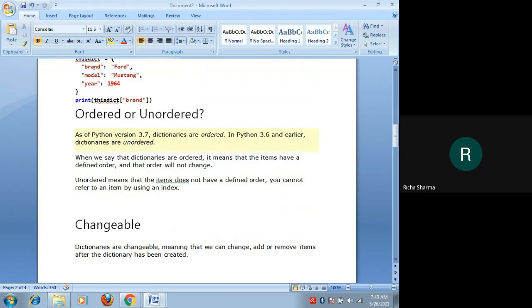That means the brand and Ford key value pair will come at the first location, the model Mustang key value pair will come at the second location, and the year 1964 will come at the third location, and this order cannot be changed. Unordered means that the items do not have a defined order. You cannot refer to an item by using an index.